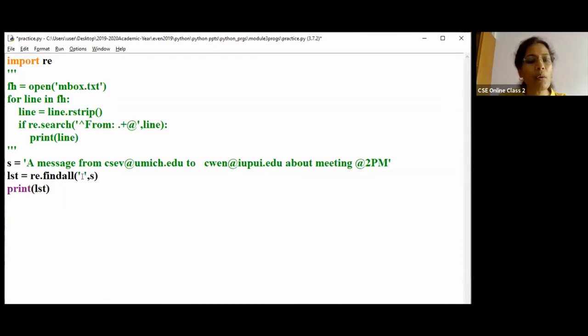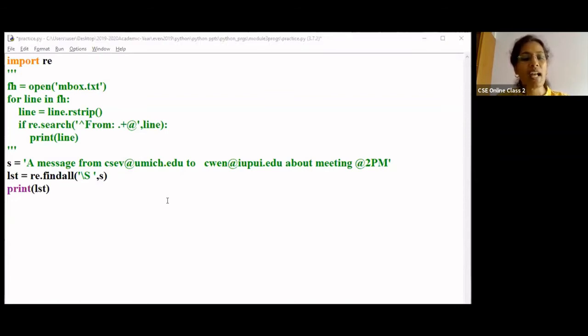Okay. Now what do I have to write here? See, if you look before the at sign and after the at sign, what do we have? We have characters, a number of characters, right? I can use slash S. What does this slash S do?